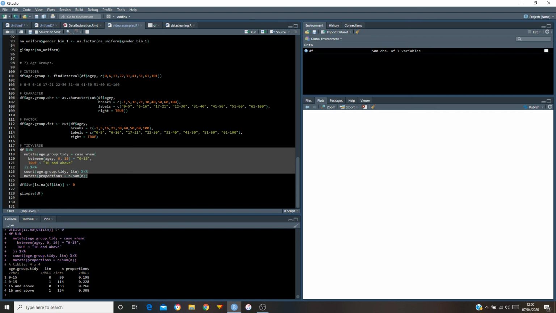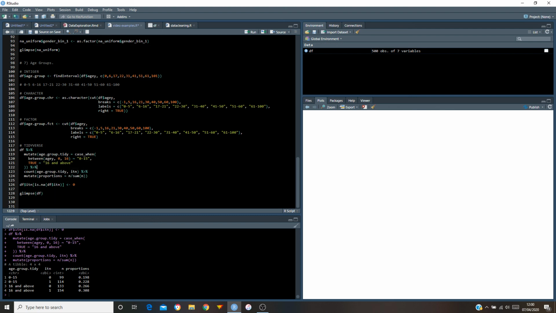Now let's say we wanted instead to have a look at specifically what the proportions were for individuals that were actually just 0 to 15. We don't really care about them. We can calculate these individually, it's not very difficult, but now instead of that count, we can do another one. We can do the filter command, and we can do age.group